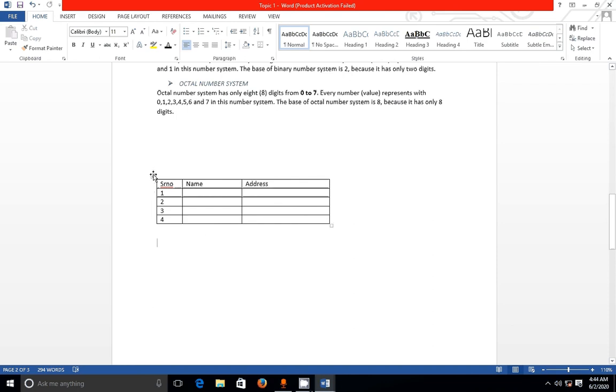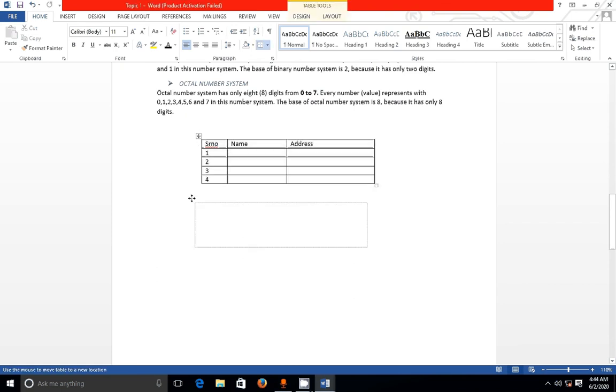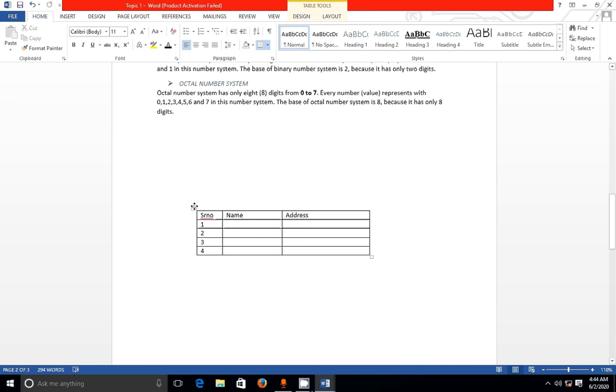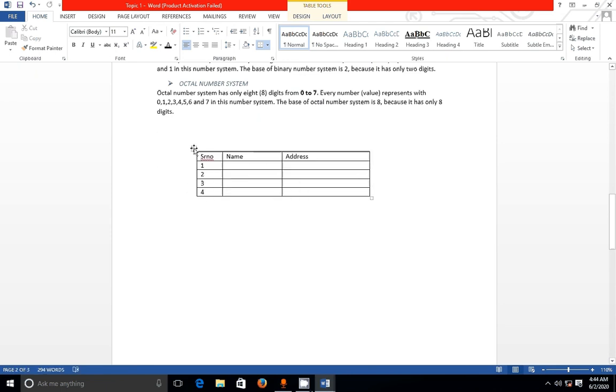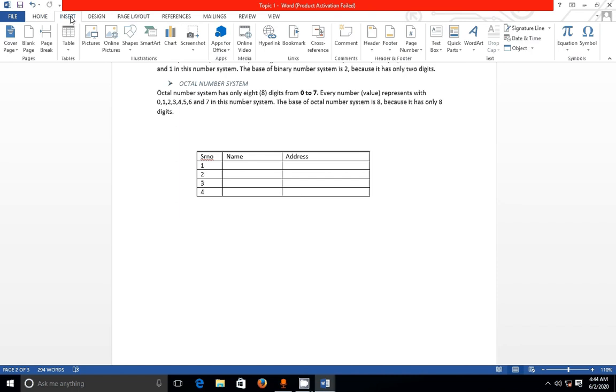You can move the table likewise anywhere, using the select tool at the top corner. You see the plus sign. Just select the table. Then in the Insert section,